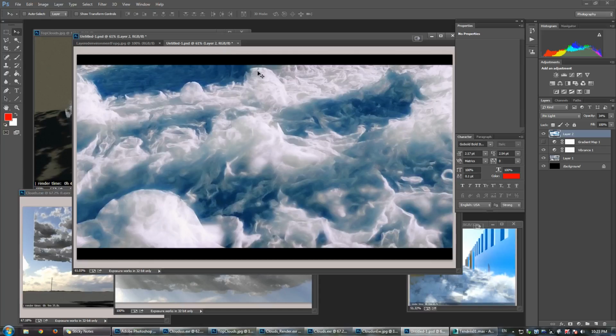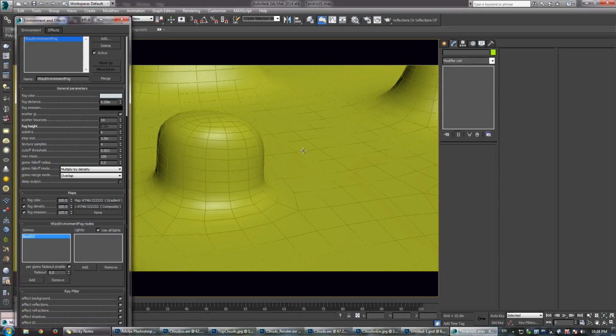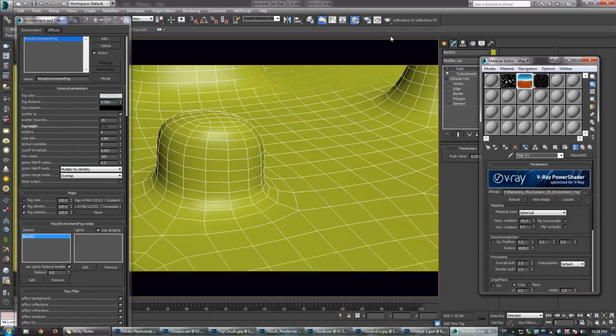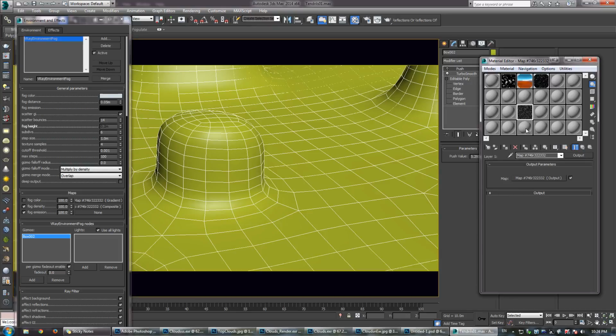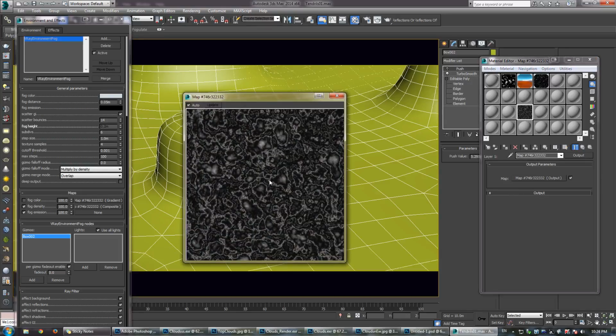So this render itself at 1920 by 1080 was overnight. I just let it go one night, and it took about 7 hours, but it produced some really cool results. So if I go into the material editor here and drag out that density map that's in the fog, you can see I've got a composite set up, and I've got 2 layers. So let me just hide the base layer, and you can see in the smoke here I've got this really